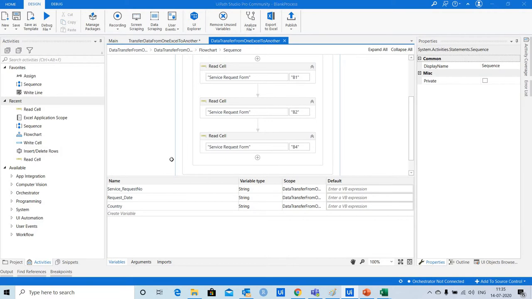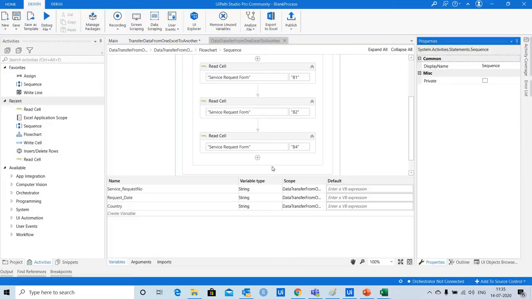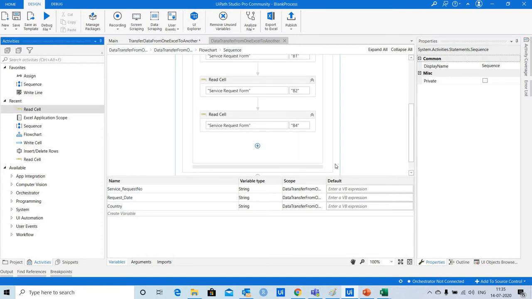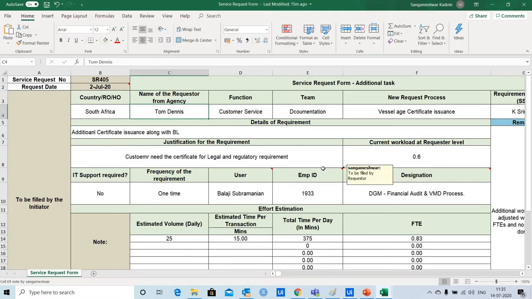So let's continue. Now next I need to capture the person who has requested this additional task. So let's go back and select read cell again. The sheet name is same again. And the cell is C4.